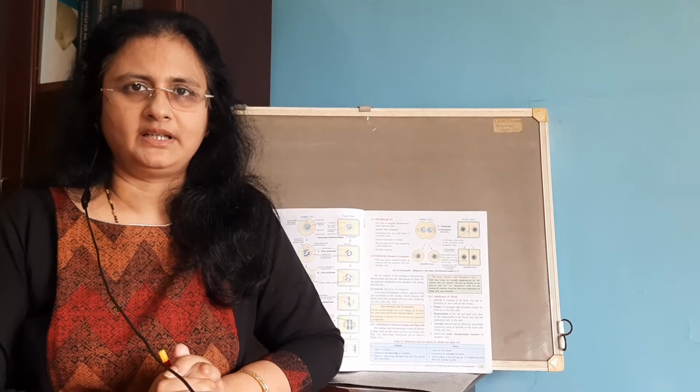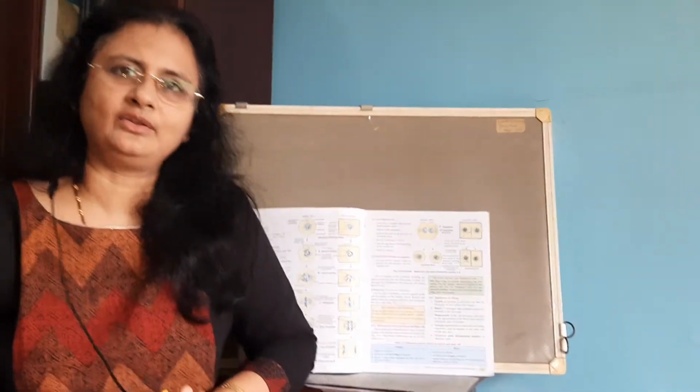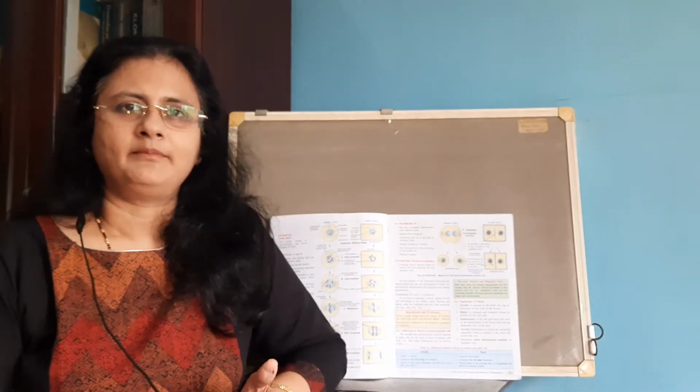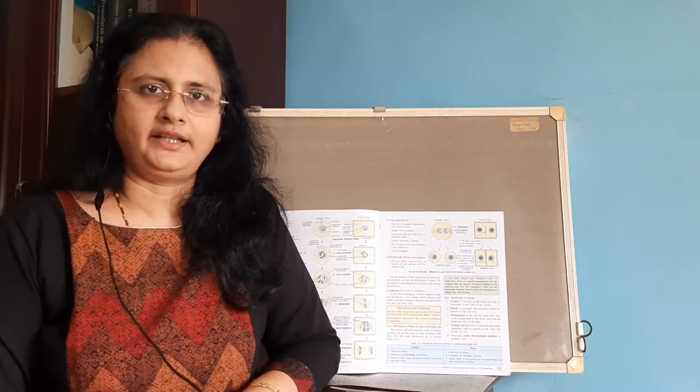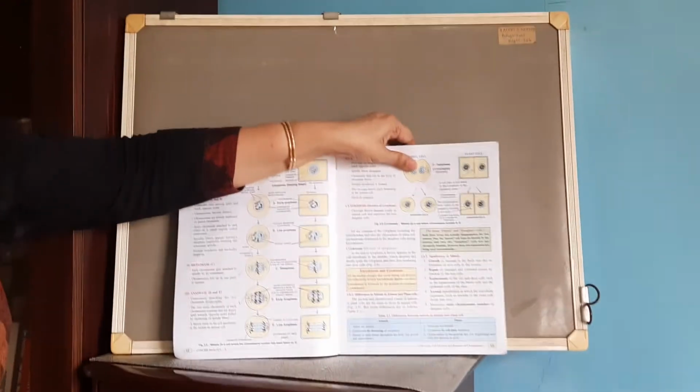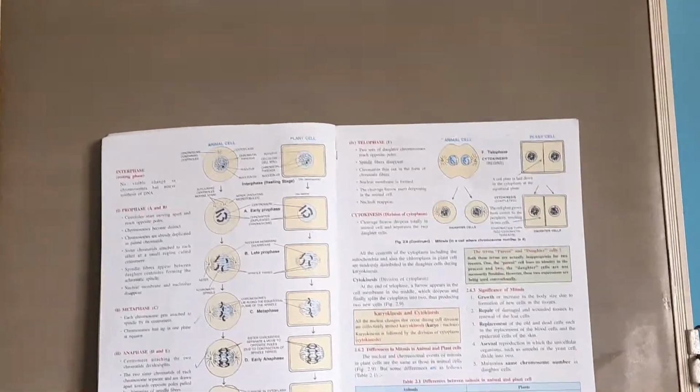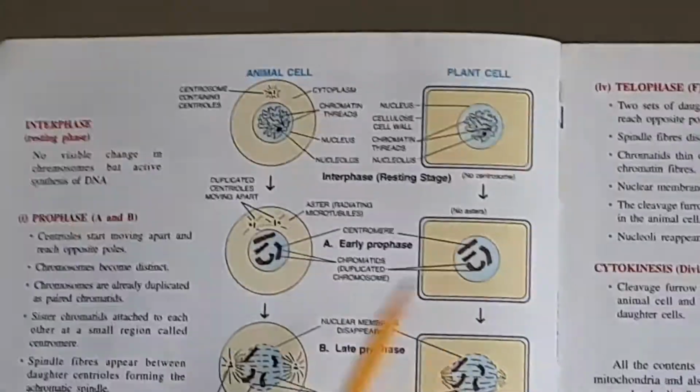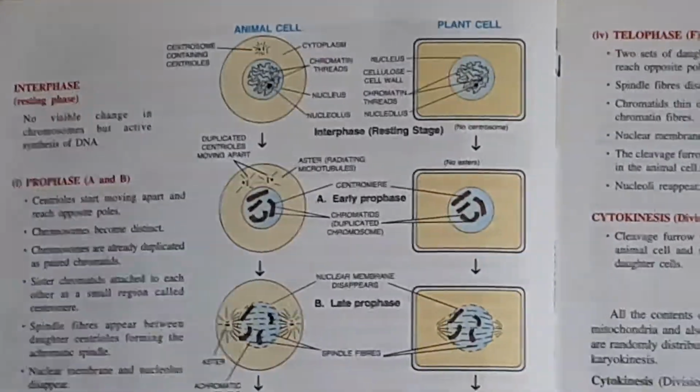The actual stages of mitosis are divided under 2 heads: karyokinesis, meaning division of the nucleus, and cytokinesis, meaning division of the cytoplasm. Now we will discuss karyokinesis, that is the 4 main phases: prophase, metaphase, anaphase and telophase. Now you can have a look at the diagram. The diagrams we will be drawing in the next class, so get your color pencils in the next session. For now, just try to understand; I will explain the phases of mitosis here.